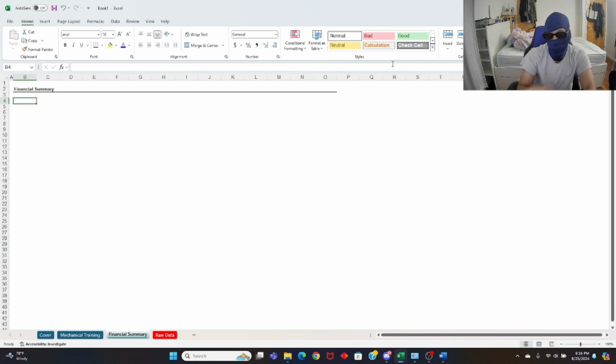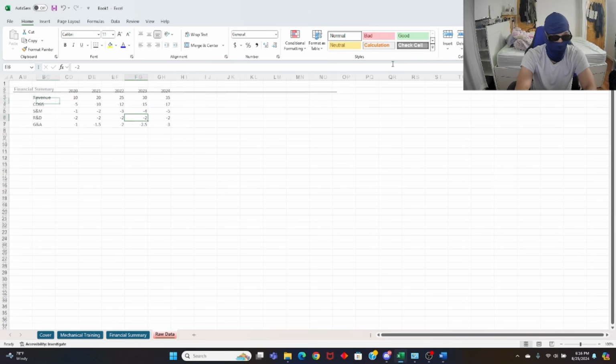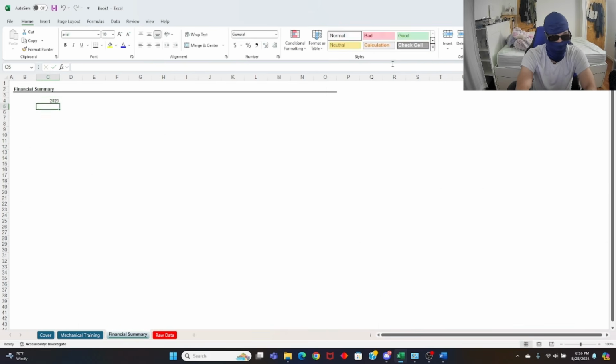And now we're going to start building and populating our sheet. So let's see, what's the first one? Revenue. Before we type in revenue, we're going to do dates. So it's going to be 2020. The first year of data starts in 2020. And now what we want to do is 2020, 2021, 2022, 2023, 2024, and then some projections. But the issue is that it's very slow if I do 2021, 2022, 2023.